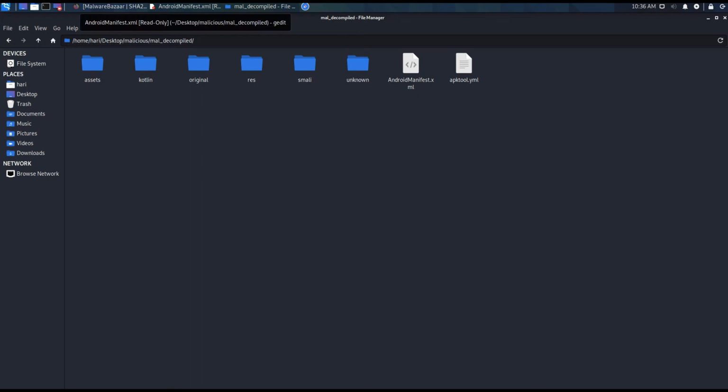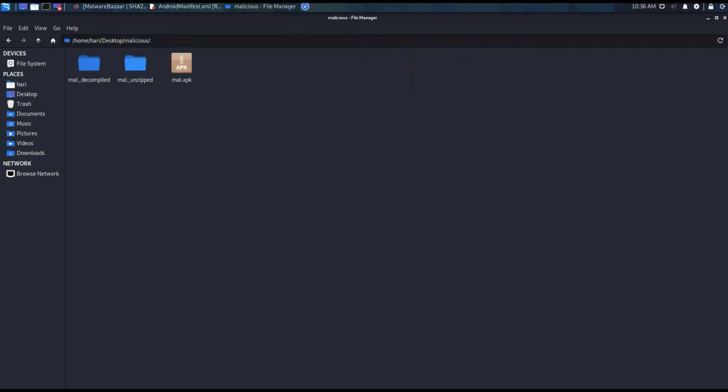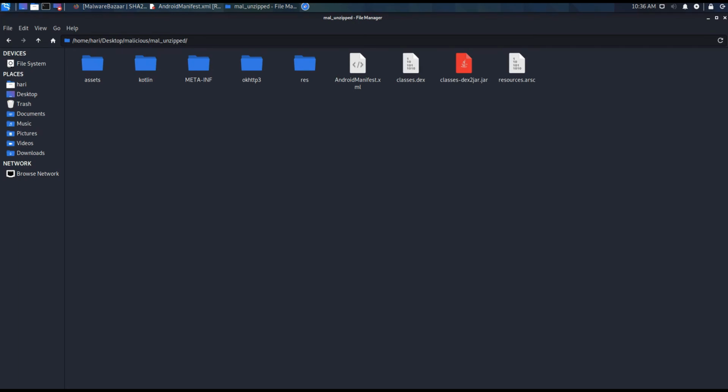At first, what we are doing is converting the dex file into the jar file, because Android runs on the DVM, the Dalvik virtual machine. So from the Android point of view, the source code will be in the form of dex files. So we are converting the dex file into the jar file using dex2jar.